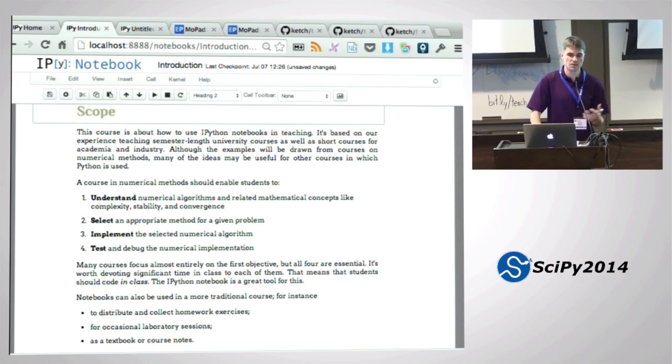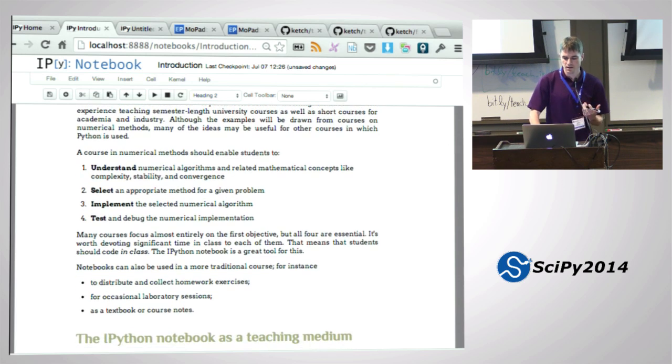And if programming is required, the students have to learn it on their own, pick things up ad hoc. I think it's worthwhile to actually spend time in class with students programming. And that's one of the reasons why I use IPython notebooks in my teaching, because it facilitates having students learn and program and experiment in the classroom.